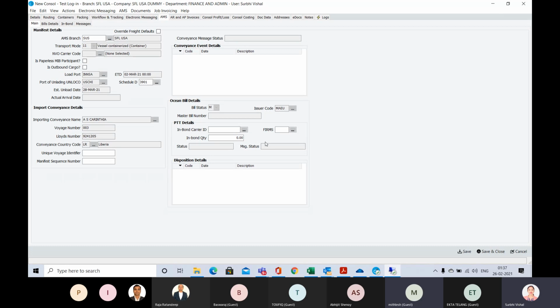Okay, so this is all what you have to enter, and then the AMS is filed. Yes, AMS is filed. There are certain settings which we have to do at the backend, and we have to coordinate with CargoWise also. And if you can see, Mithilesh, most of the details will come from the details which the operation guy has entered at the console level.